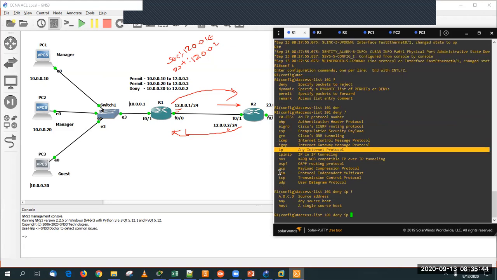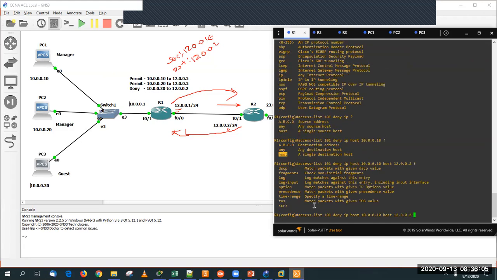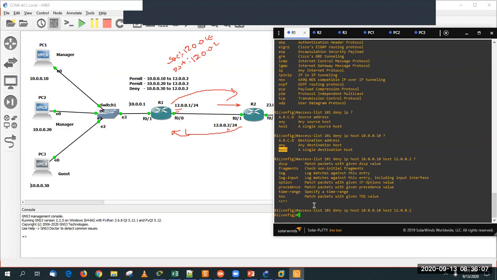I'll put IP. Next, the source IP is going to be a single host. Host is 10.0.0.10. Now it says destination address. I'm using the host keyword because I want to specify the exact IP. That's it. Put enter.